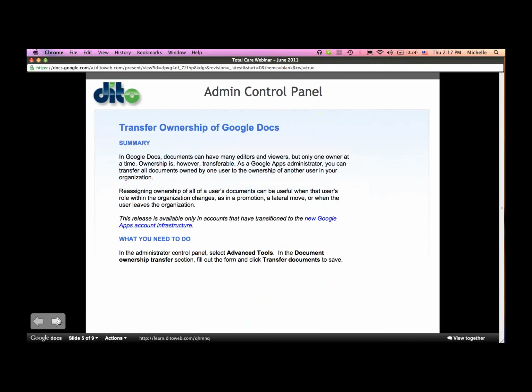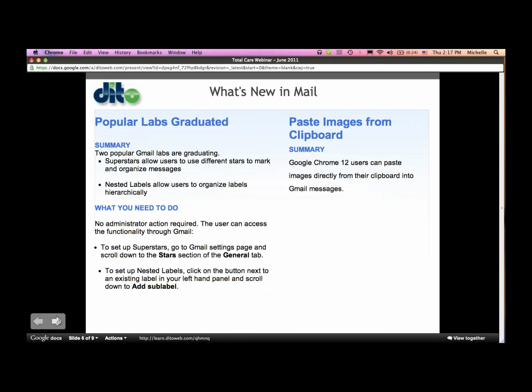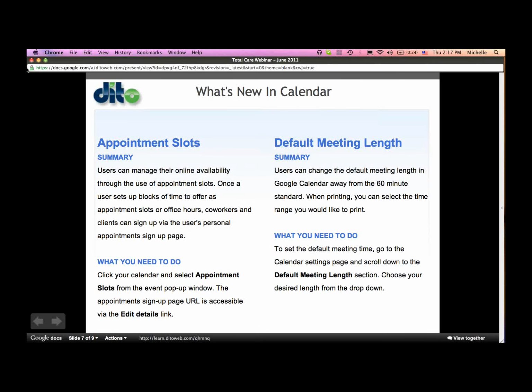And I want to pick up where Matt left off. A couple of the other features that we were going to review were what's new in Calendar and what's new in Docs. So I'm going to do a little bit of a demonstration on some of those new features as well. So what we have in Calendar, a couple of new features, the appointment slots,